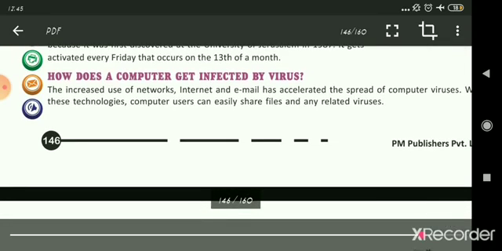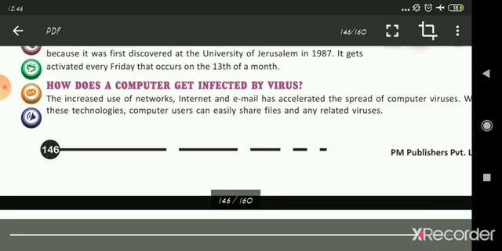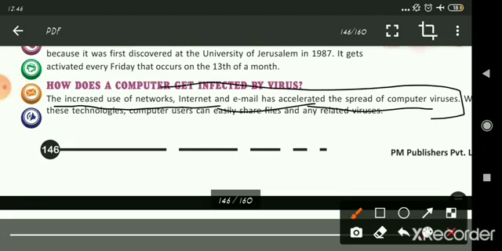So how does a computer get infected by a virus? The question comes. I have told you that a virus damages your files, but how? The increased use of networks, internet and email has accelerated the spread of computer viruses.